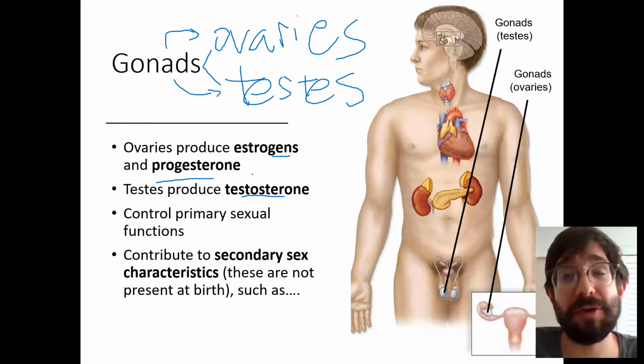They're actually making exocrine stuff that will exit the body, like sperm and eggs, maybe as a fertilized egg that became a human. But they are making stuff that will exit the body, and they are making hormones that stay within the body. So what do those hormones do? They control the primary sexual functions, meaning stuff related to conception and maintaining a pregnancy and things like that. But they also contribute to secondary sex characteristics, stuff that's not present at birth,